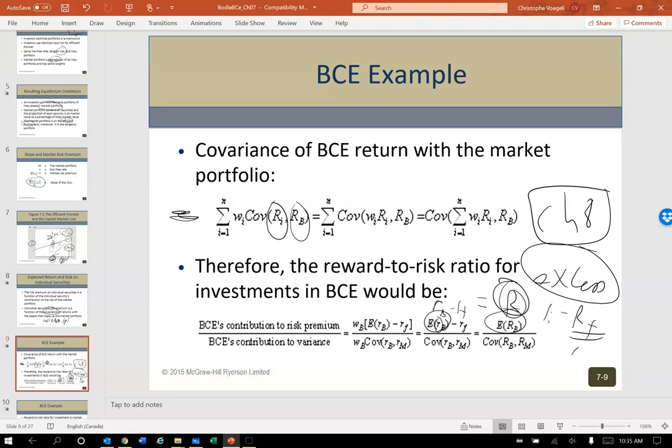I know technically I should have written lowercase risk-free. If you see risk-free with a capital R or lowercase r, don't worry at all. The key thing is the F for risk-free. It's the risk-free return. But if we're doing the return of the stock market or the index or the individual security B or i or whatever it might be, then you want to start paying attention to whether it's a lowercase r or a capital R.